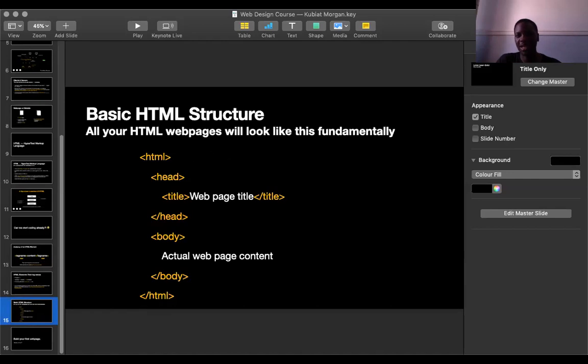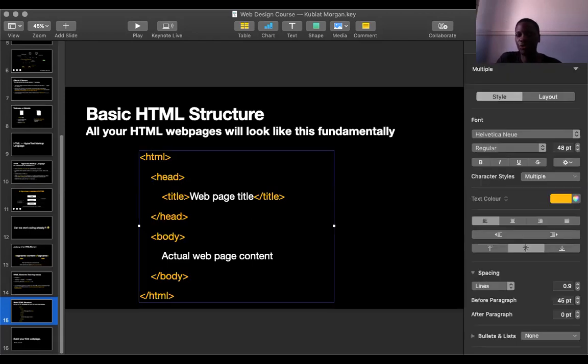It has the close tag, as you can see here, and then it has content. In this case, the contents can be other elements. Take note of that. Then inside the HTML element, we have two major elements. We have the head element and we have the body element. The head element contains things like the title of your web page, while the body element contains the actual web page content, right?